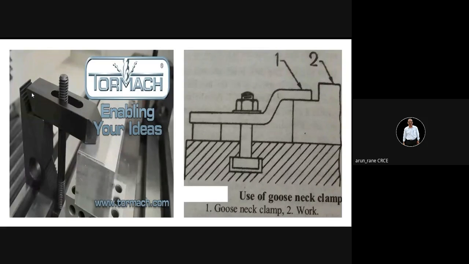This is another clamping device, available as a standard, so you can build up any height. You have male and female kinds of clamps here. If the workpiece height is more, you have to take this up. If the workpiece height is less, then you have to take this piece down. These are the two pieces. One is this and the other is this. So as per the height of the workpiece, you have to adjust this.